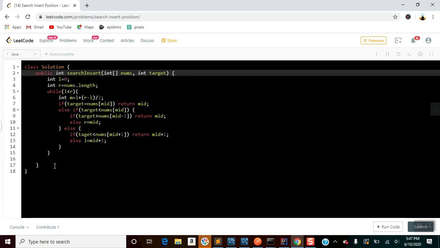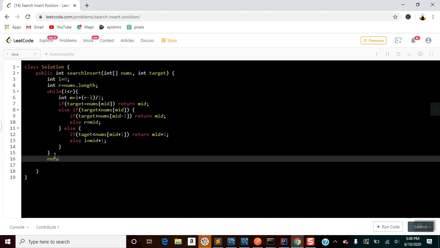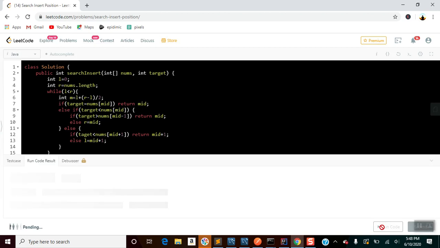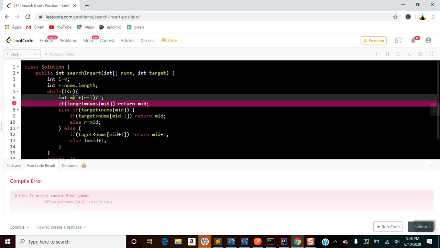If it's not found at all, we will have to return minus 1. Let's do that. Cannot find symbol mid. Oh sorry, let me take this one as mid.